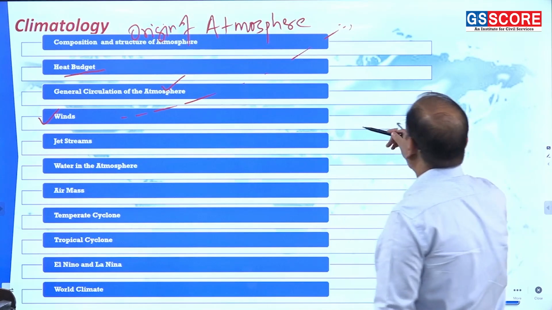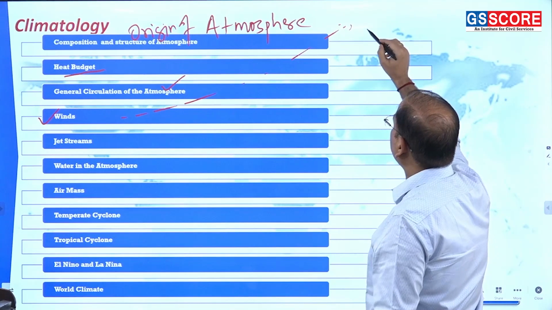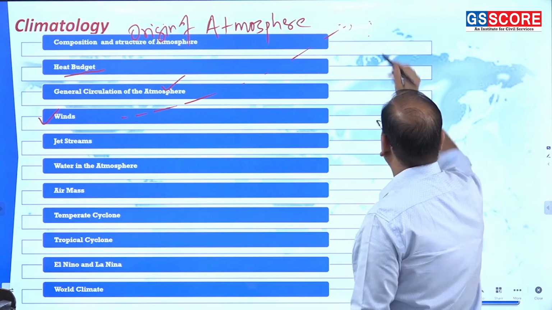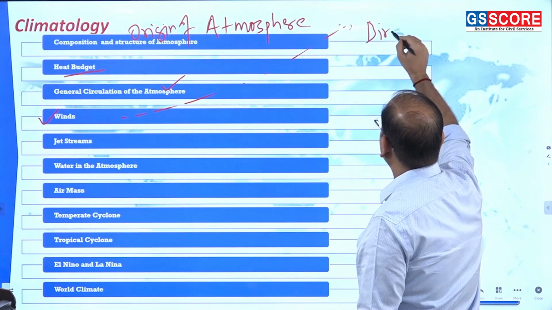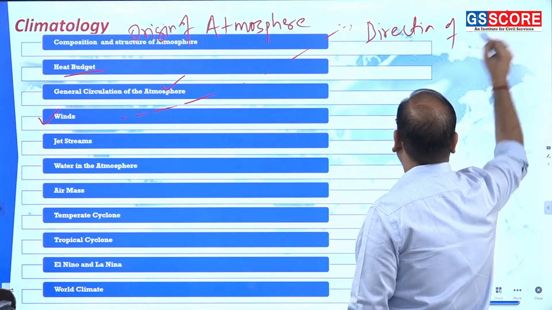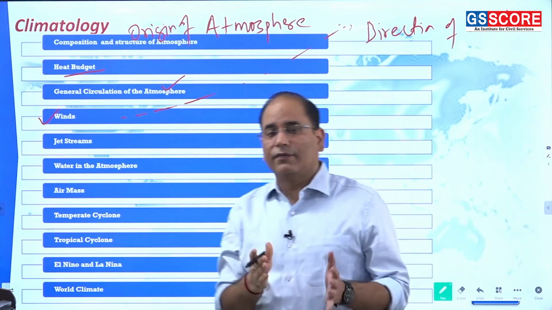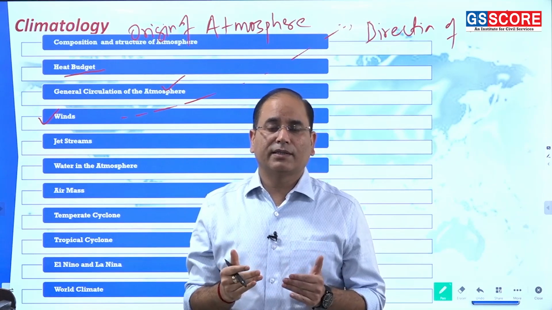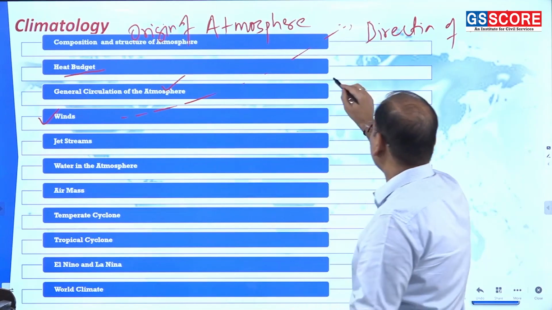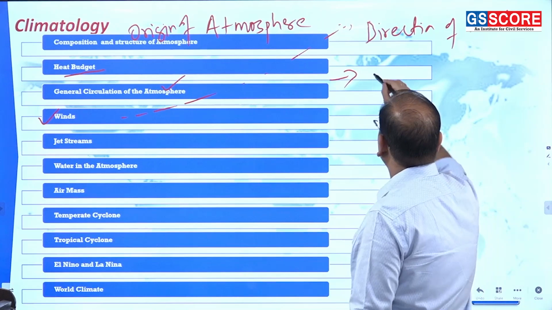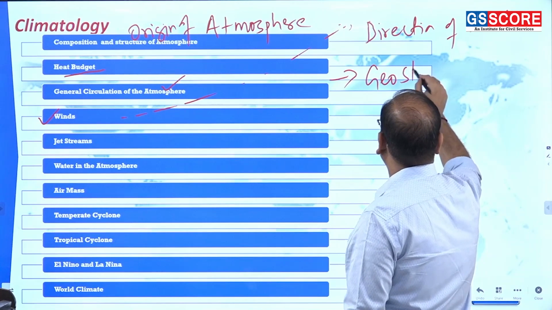The first topic that you are supposed to study is how the winds are moving, the direction of the wind, and the factors that are affecting the direction of the wind. There are different factors, different forces which affect the wind, and also these forces give birth to the geostrophic wind,